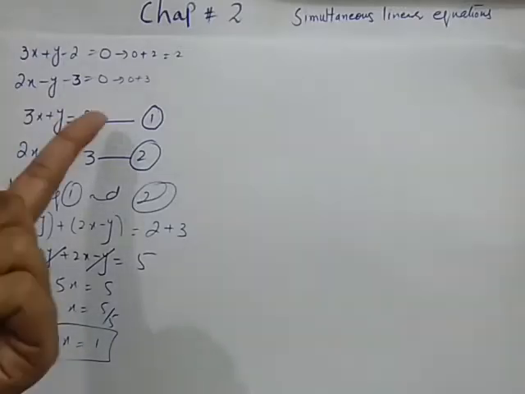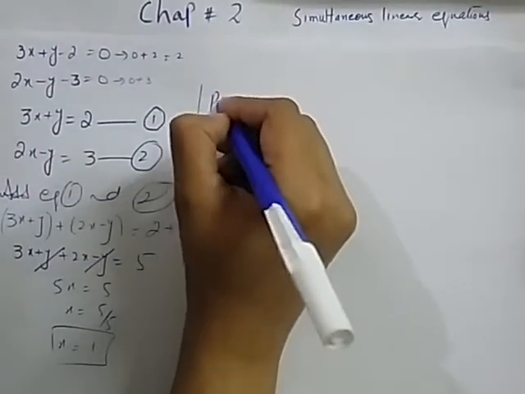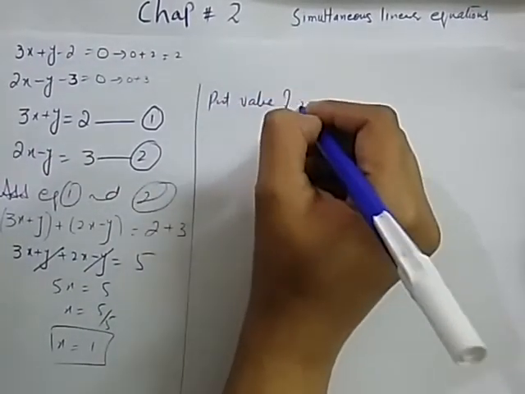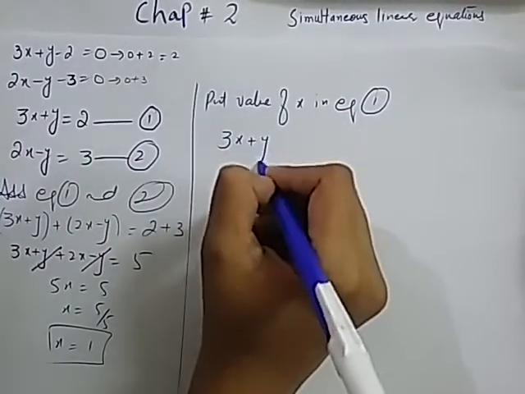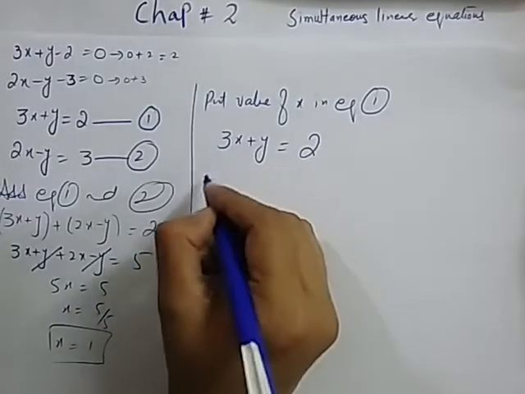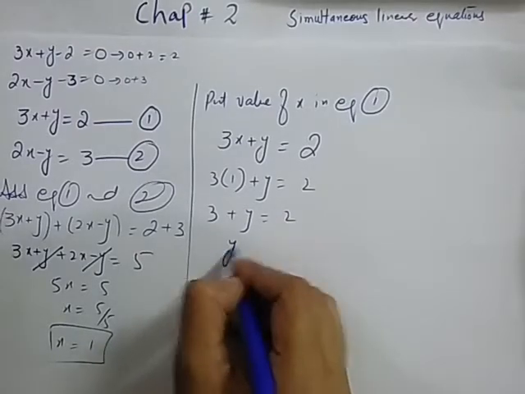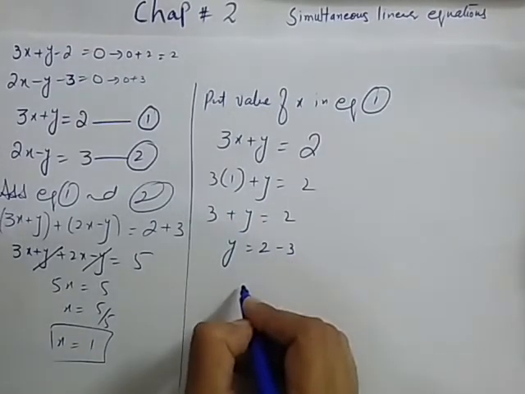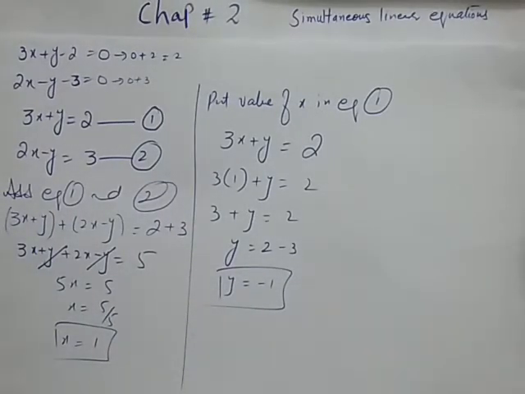Now it's up to you whether you put the value of x in equation 1 or 2. I'm going to put the value of x in equation 1. First of all, you have to write the equation, and at the place of x, you have to put 1. So the 3 will be shifted over there, that will be minus 1. So y is equal to minus 1 is the answer. So this is the review or revision of your previous lecture. Let us take another question.